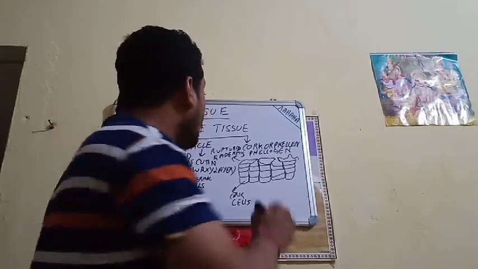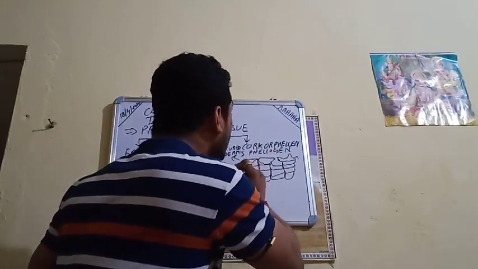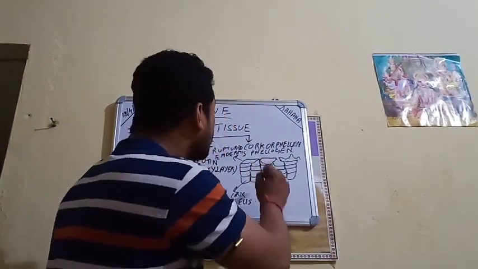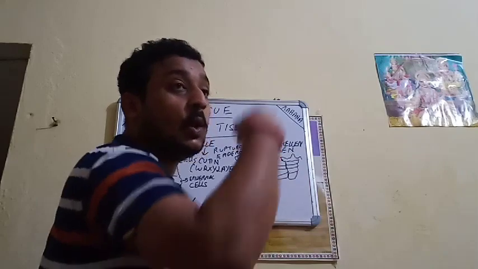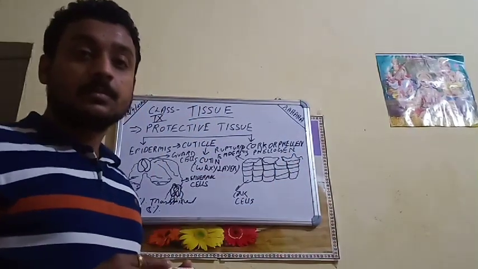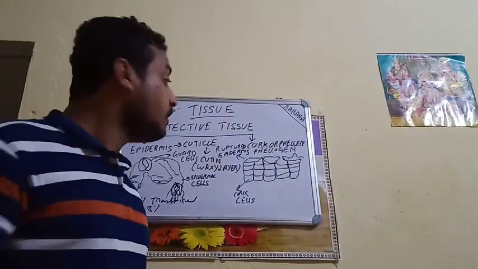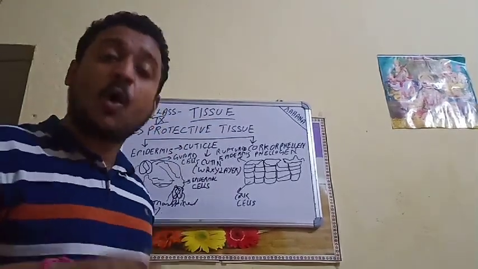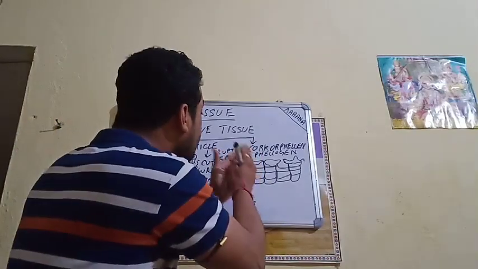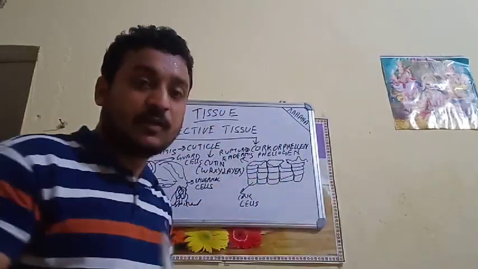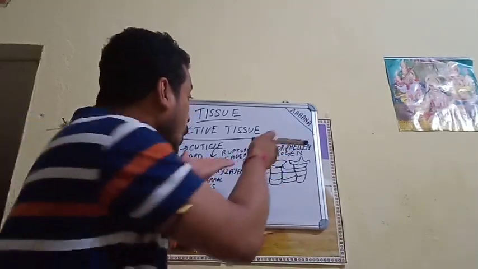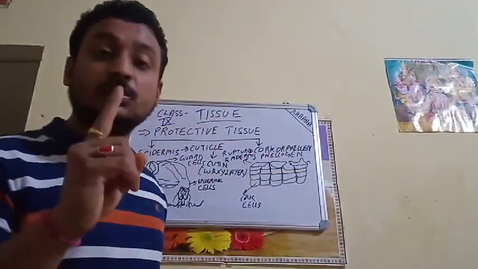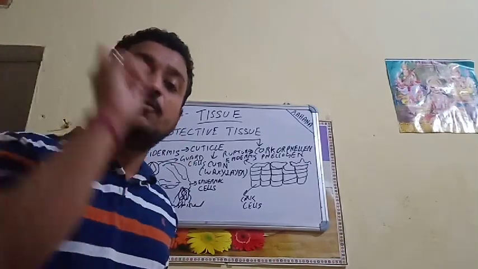What happens there is, the moment the epidermis layer breaks up, the secondary meristem layer, known as cork or phellogen, will take over. It is also known as cork cambium or phellogen. Whenever the epidermis breaks off, automatically this cork will uplift itself to the level of the epidermis. And these are really very tough layers.